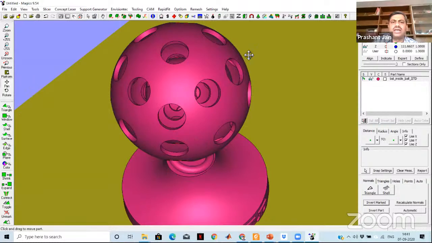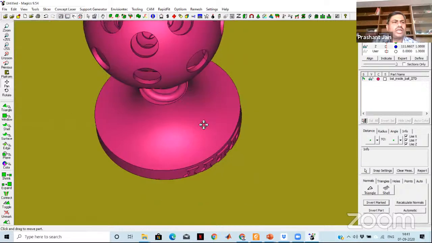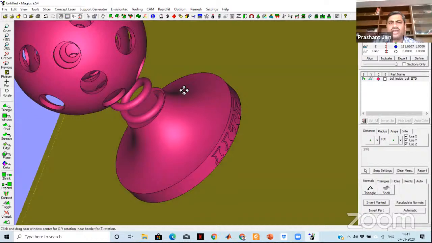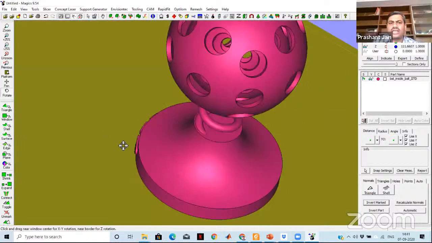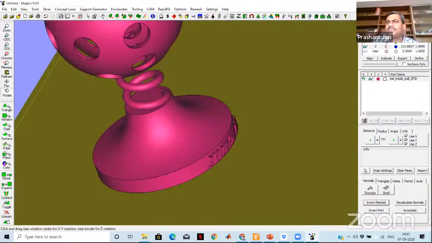So look at this, you can see here at the bottom portion you have written IIT Delhi, right? So a lot of manipulation needs to be done to write some text or modify your STL file. And if you look here, you see the triangles, right?